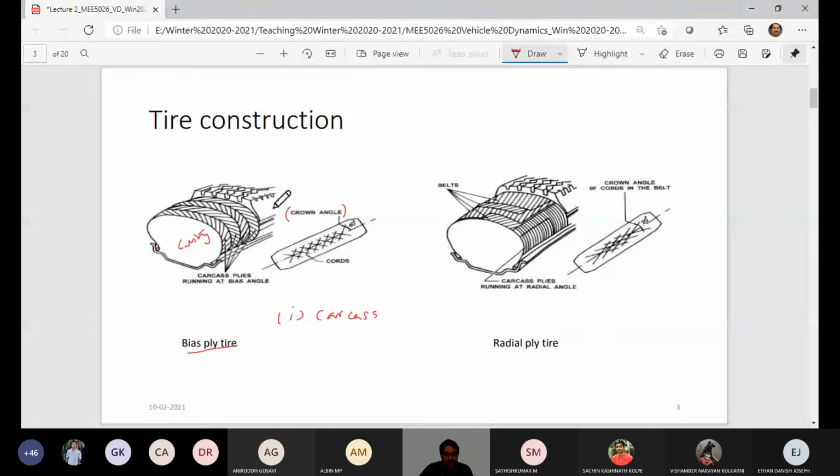So what would happen? You would have a special rubber compound for this portion. Similarly, if you look at this portion, this is the tread, this is the sidewall portion, and this is what is called the shoulder. The sidewall rubber compound would be such that it is highly resistant to fatigue, because as you are riding, your tire will be flexing, and the flexing will be on the sidewall.